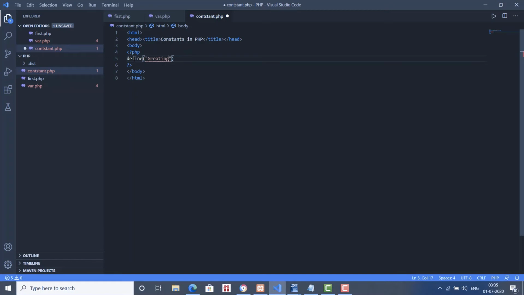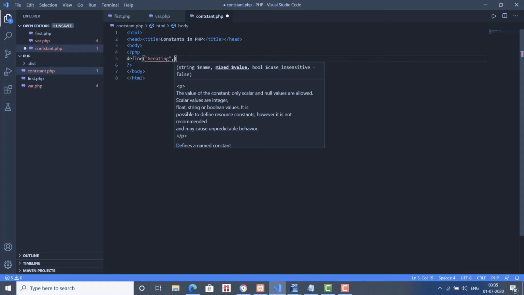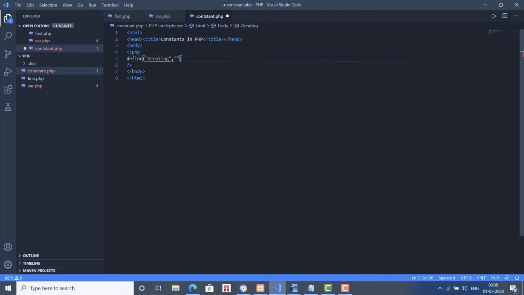This is the name I have given to the constant, and then I have to give the second parameter, separated by a comma. Here I give the value that I would like to assign to greeting: welcome to my program.